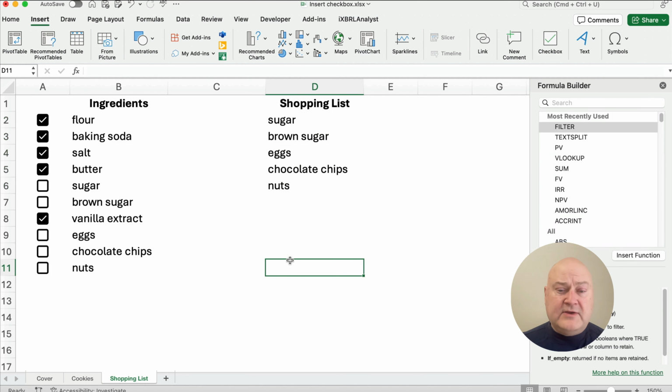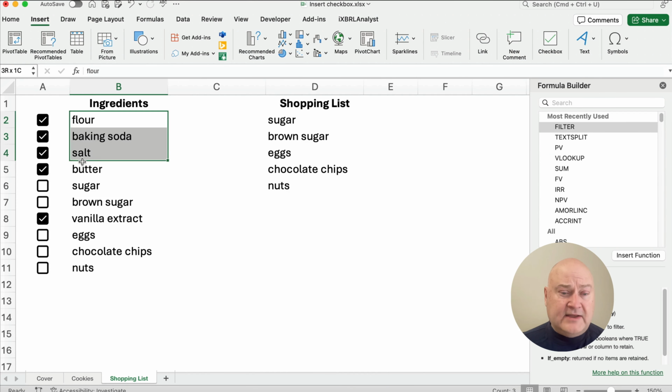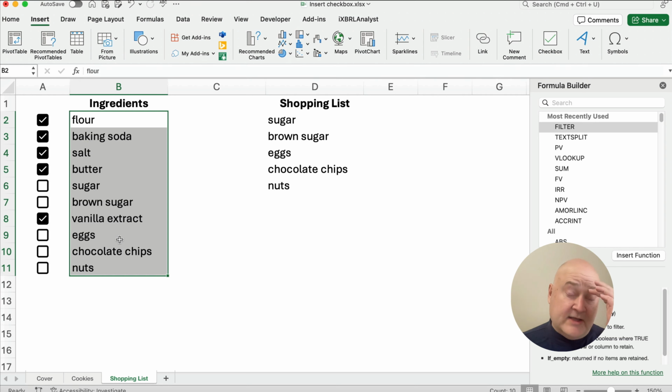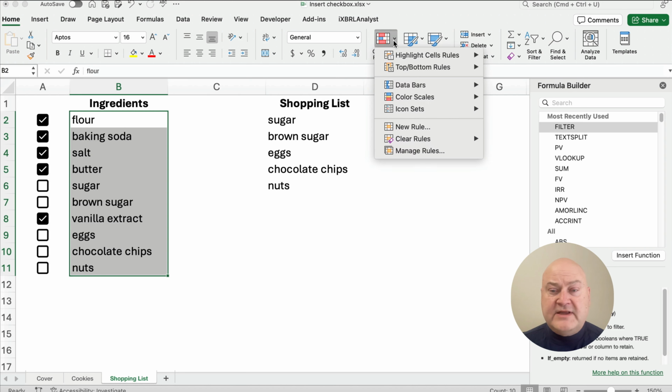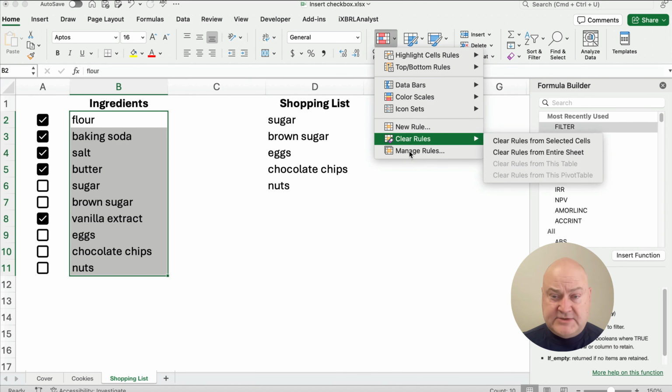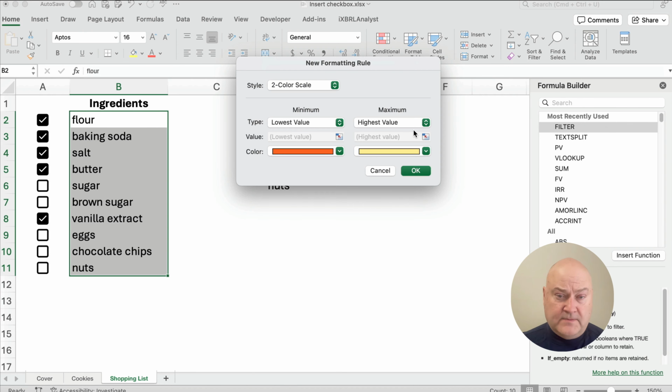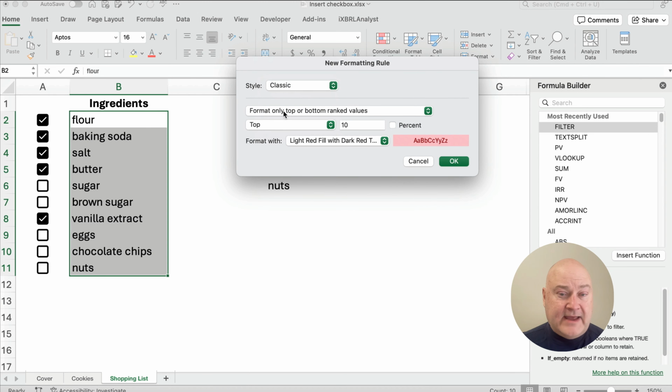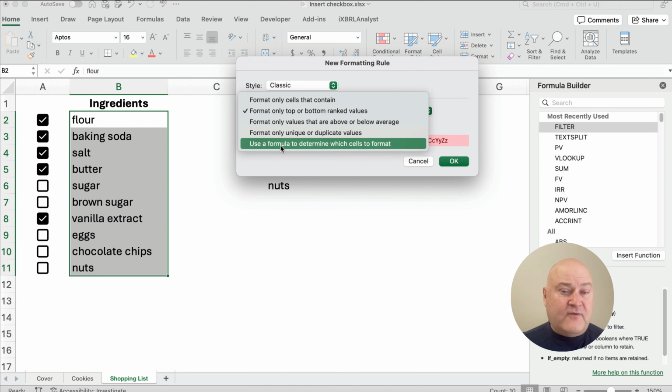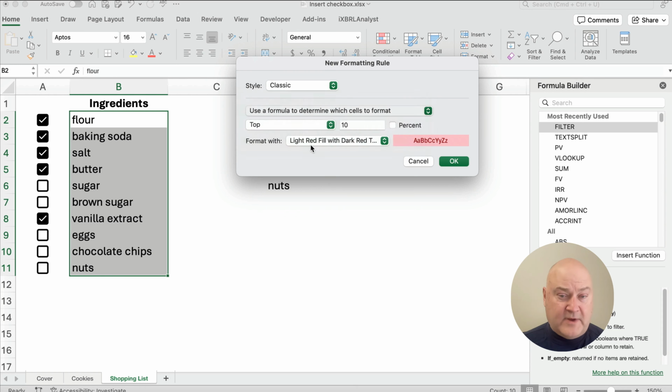Now the other thing we can do based on this logic is let's highlight everything and let's start crossing out the list like you might do in an actual physical list. So let's go to the Home ribbon. Let's do conditional formatting and let's do new rule. Now we need to do classic, and now we need to use a formula to determine which cells to format. And we're going to